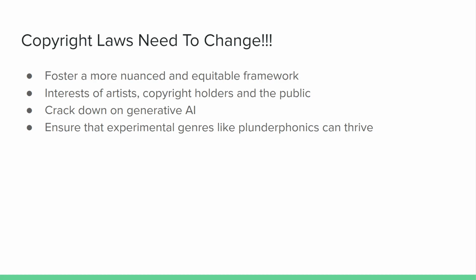We need to crack down on generative AI, because how can they use all this copyrighted material to train their AI, and we can't use a sample without going into debt for using a sample, and we need to ensure that experimental genres like plunderphonics can thrive.